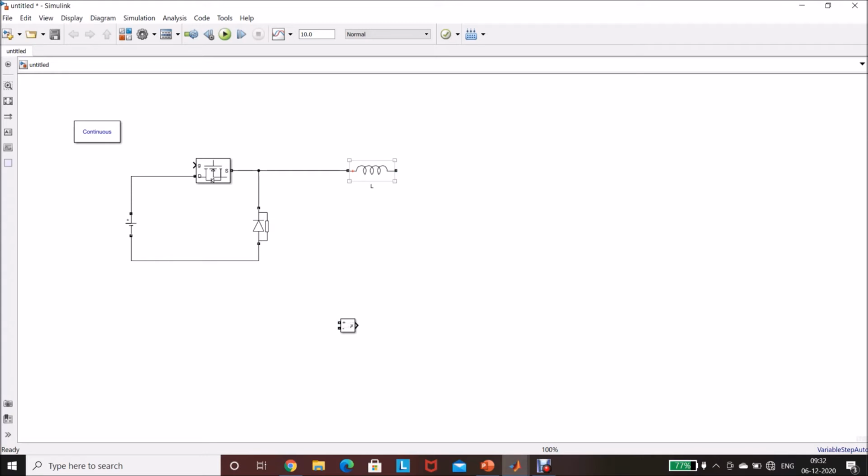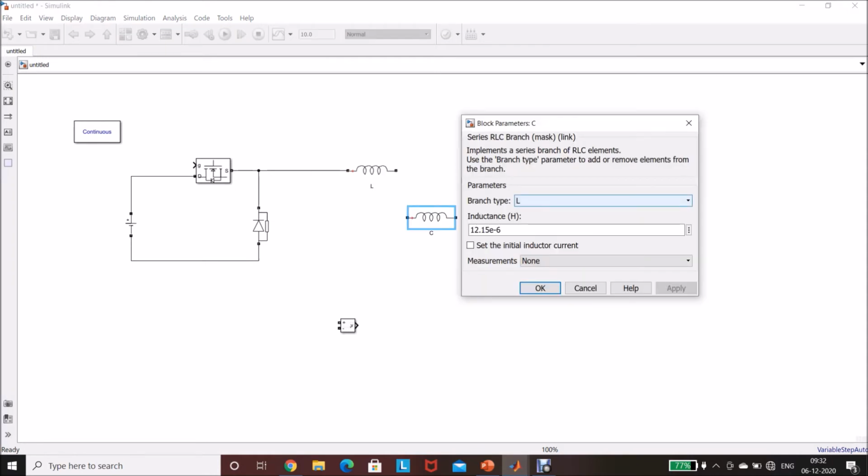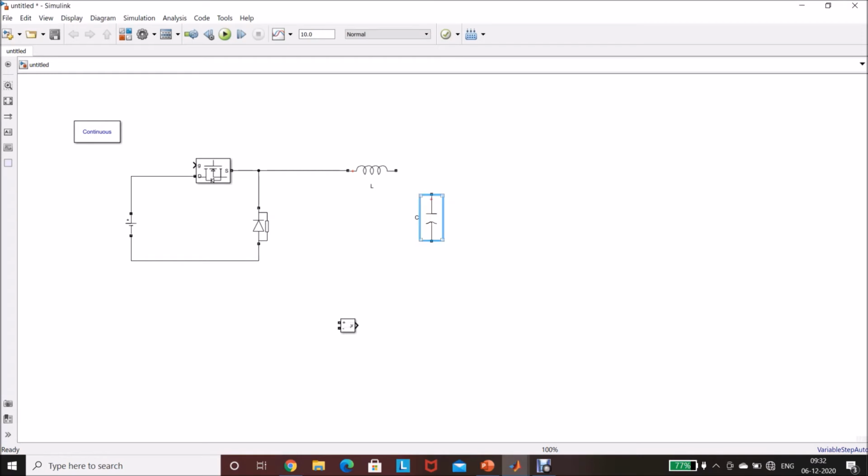Control, left click, drag to make another copy, rename it as C. Double click, branch type select as C, capacitor, value of 3.75 microfarad, click OK, Control R to rotate.